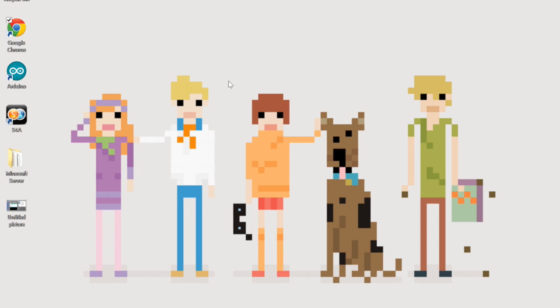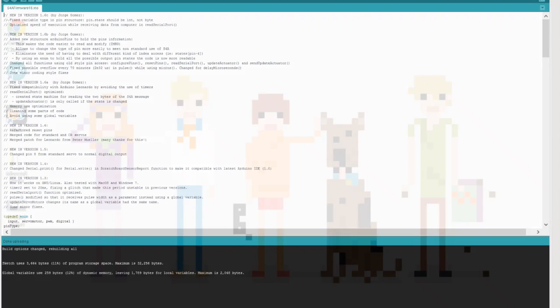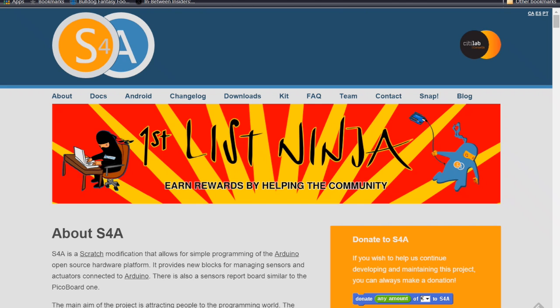Hey everyone, this is Coffee Chug, and this is a first step in learning how to use Scratch for Arduino and how to get the hardware connected to your computer so you're actually able to do the programming. In order to get a Scratch interface compatible with your Arduino, we need to install a couple things. If you haven't already done so, the first thing you're going to need to do is install the Arduino